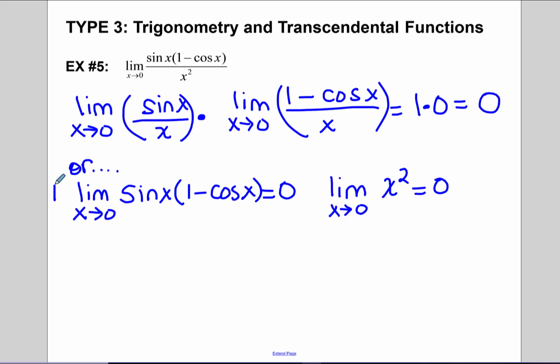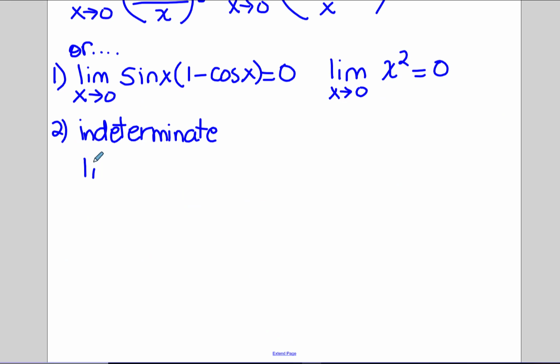So if you use that approach, you've shown that it's indeterminate. And by showing that we have an indeterminate form, then we're permitted to use L'Hopital's rule. And L'Hopital's rule says that we can break that problem up and rewrite it any way we want. The sine of x over x, and